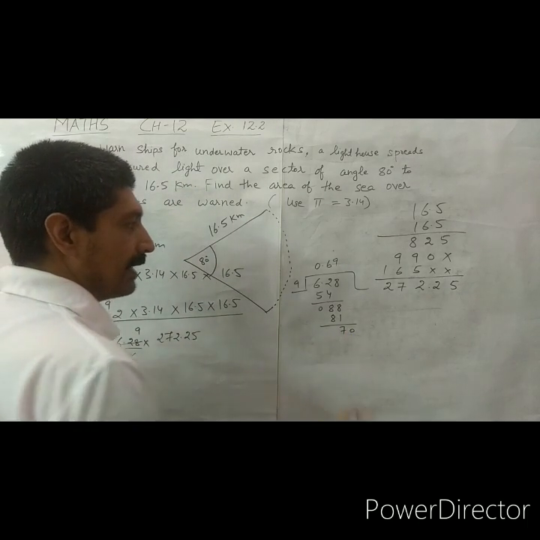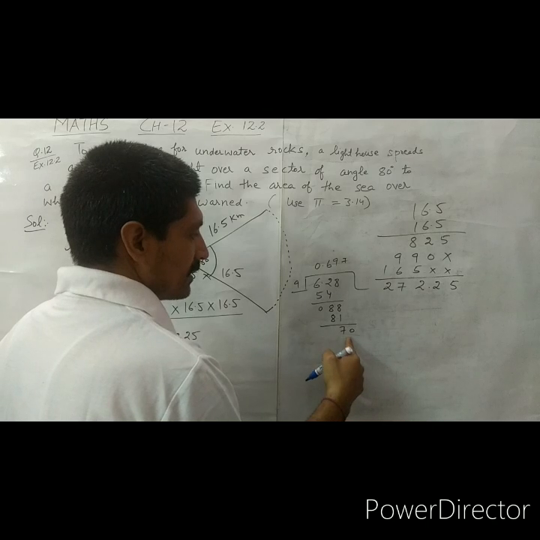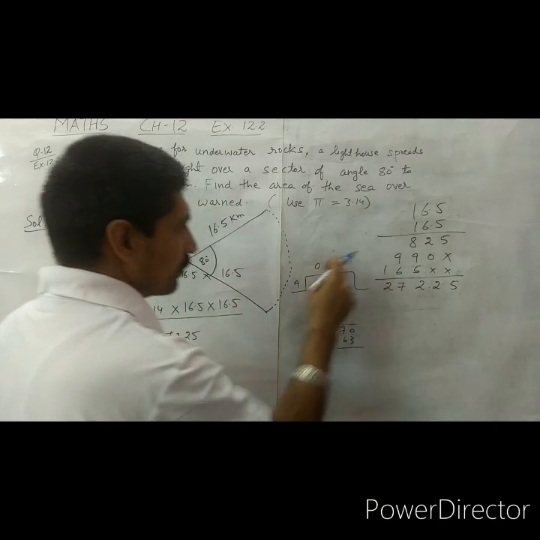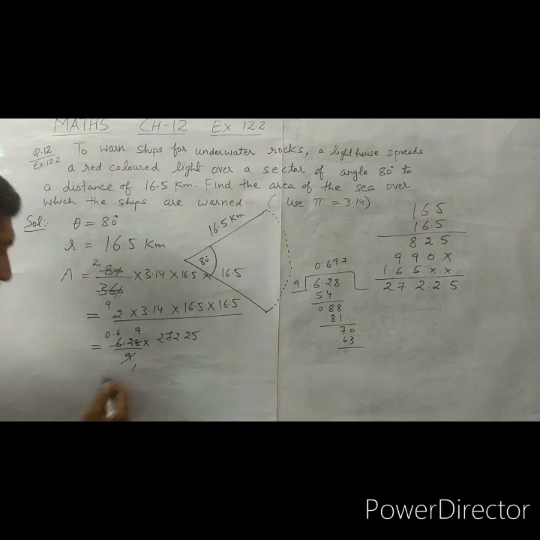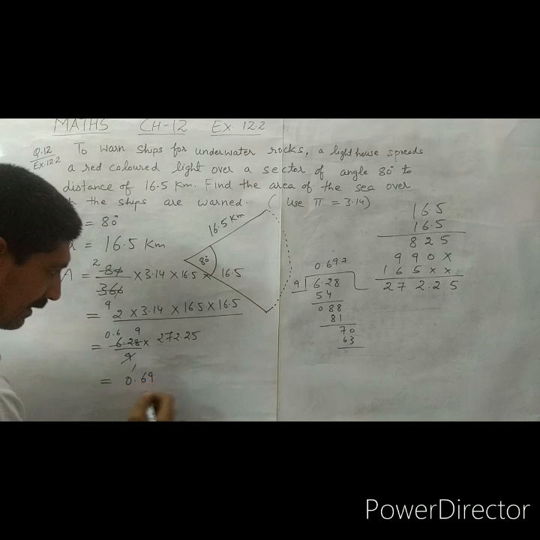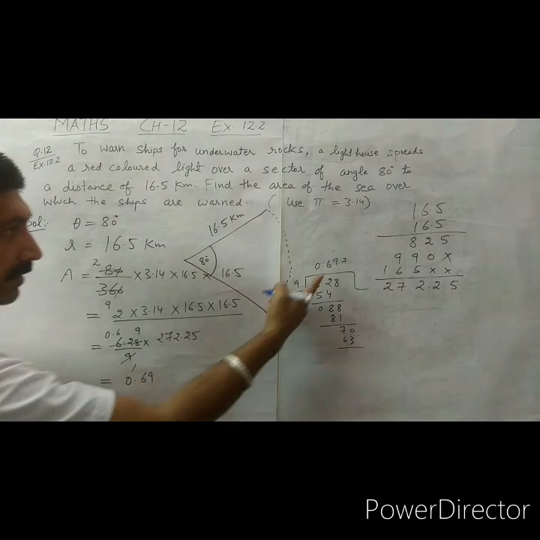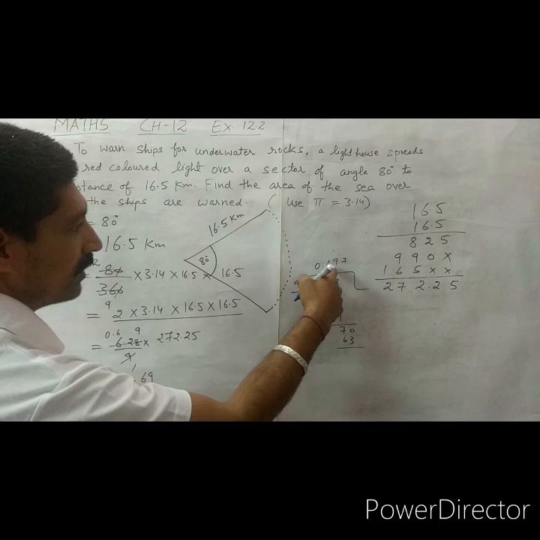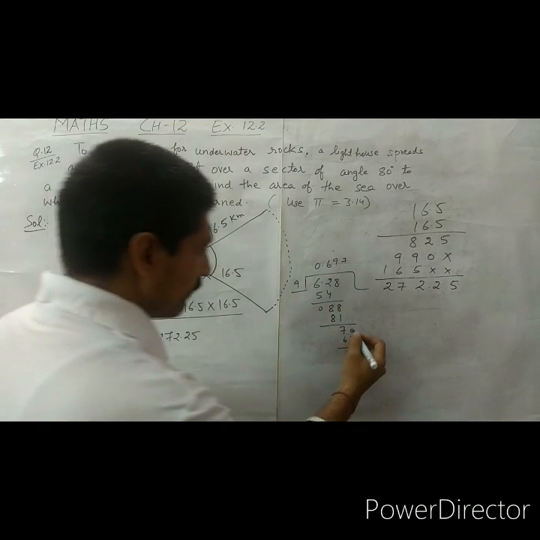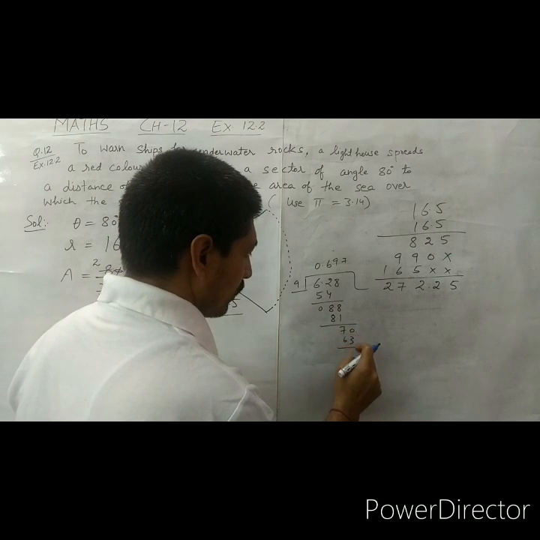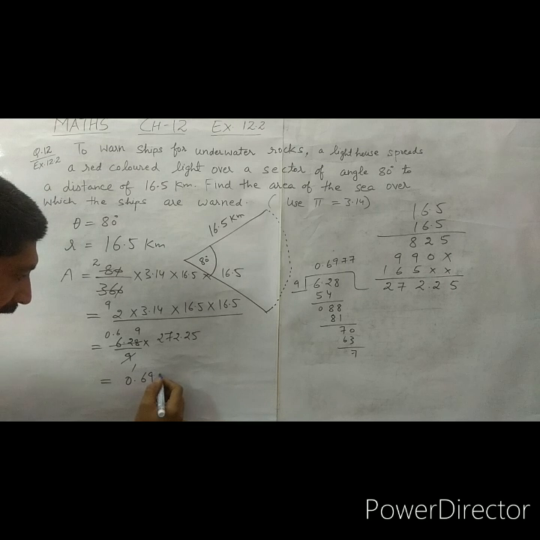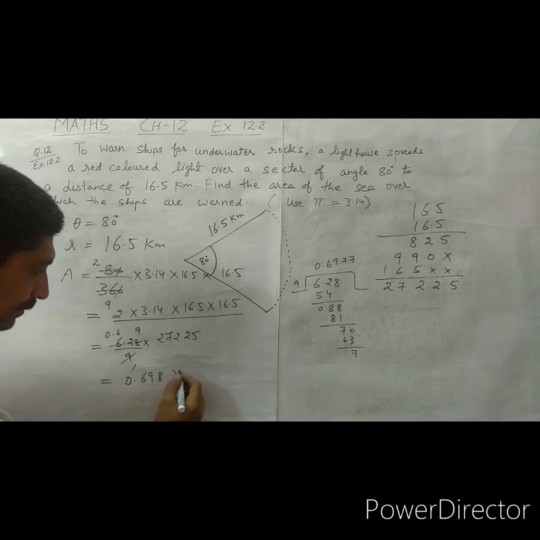We have 9 sevens are 63, so on. So here we can move ahead with the calculation with 0.69. So if you want to go for rounding off, we can go with 7, so 7, so on. We can convert it into 8. So multiply by